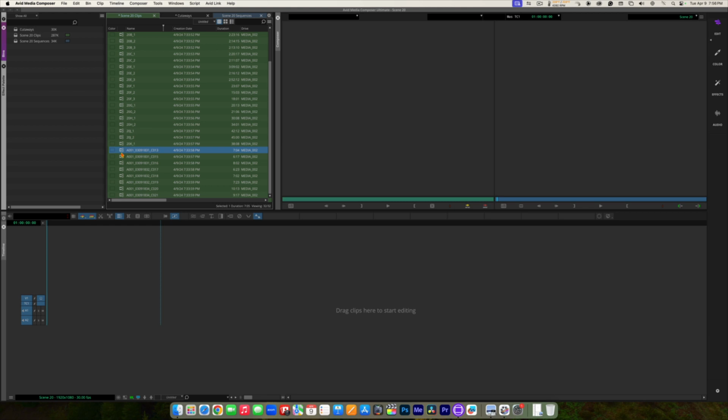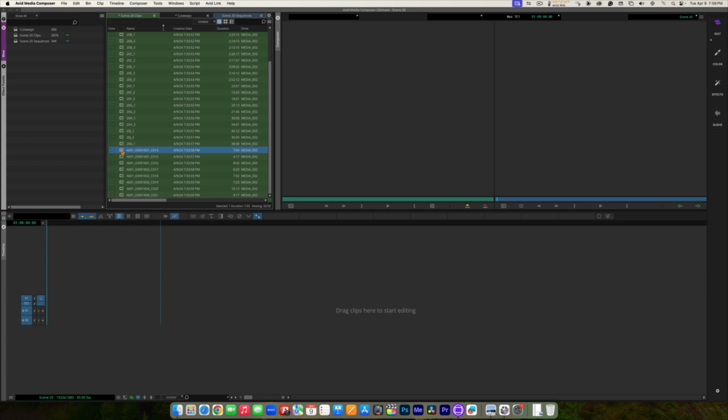bin. So I'm going to click on the first one. I'm going to shift click on the last one. And then I'm going to click and drag from the icon, not the name. Don't get out of the habit right now of clicking on the names. Because if you click on the name kind of too slowly, it's going to highlight the name as though you're going to change it. Okay, so once again, I make sure I'm clicking on the icons when I do this